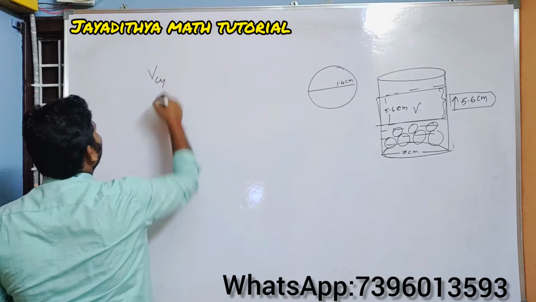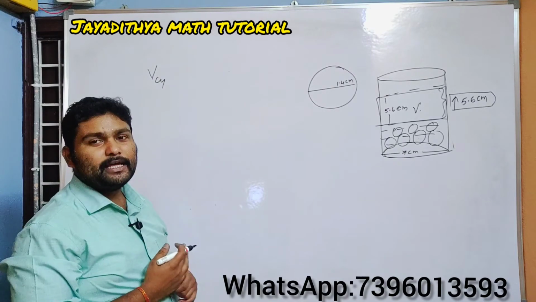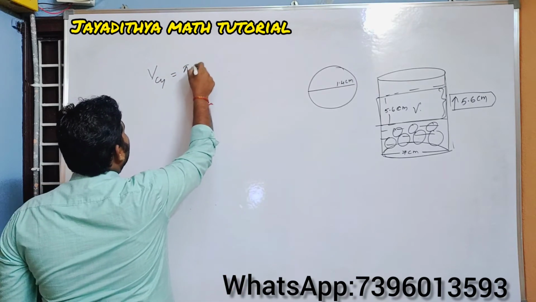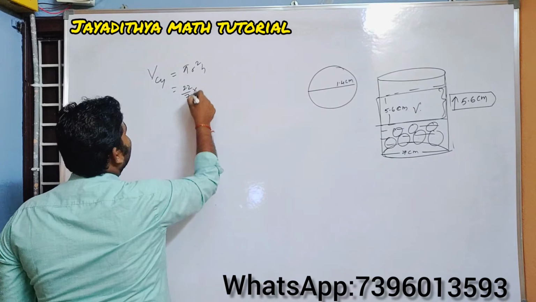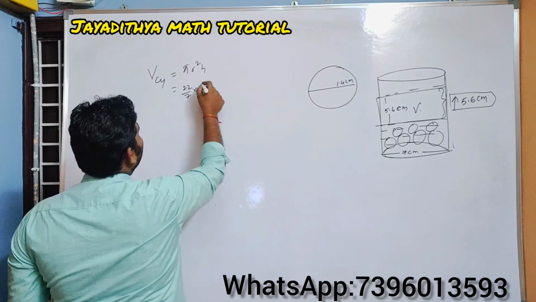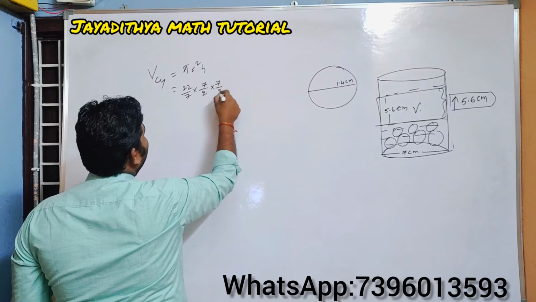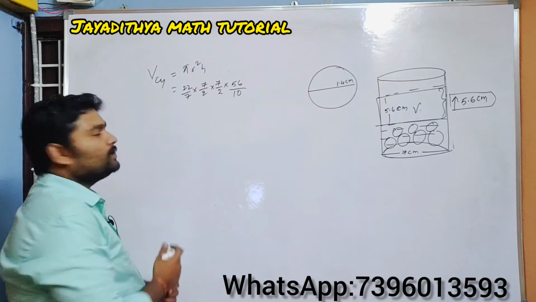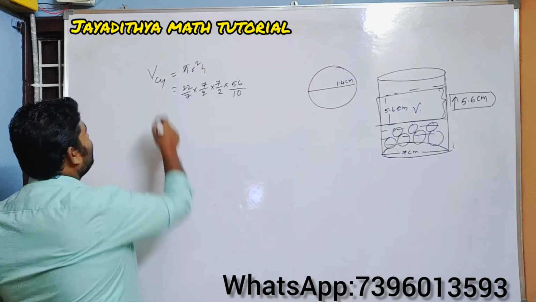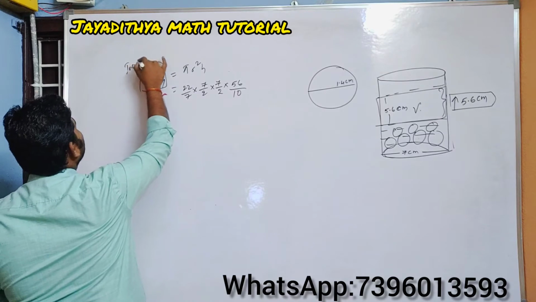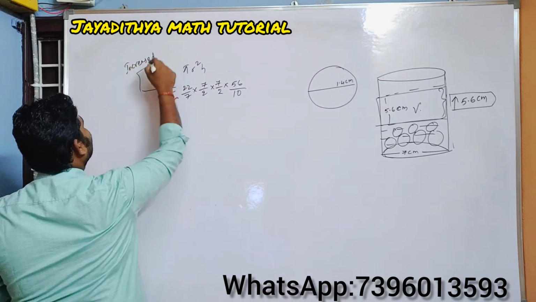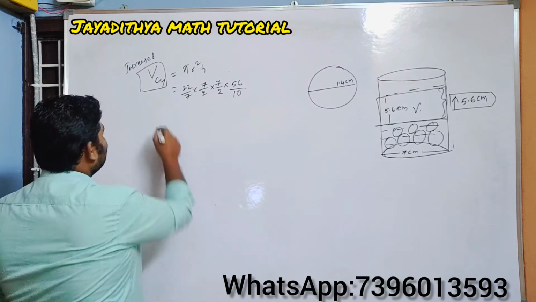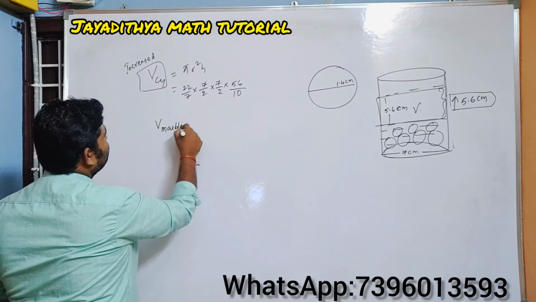So volume of cylinder you are finding now. Here you need to find the volume of the cylinder only. Why? Because the increased part will also be in the form of a cylinder. So this is equal to pi r square h, which is equal to 22/7 into r. The diameter is given, so r will be 7/2 and again 7/2 into height, how much now? 5.6. So I am writing it as 56/10. So this will be the volume of the cylinder. That means you can simply think of it as the increased water level, the increased volume. So this must be equal to what now? Volume of marble into number of marbles.